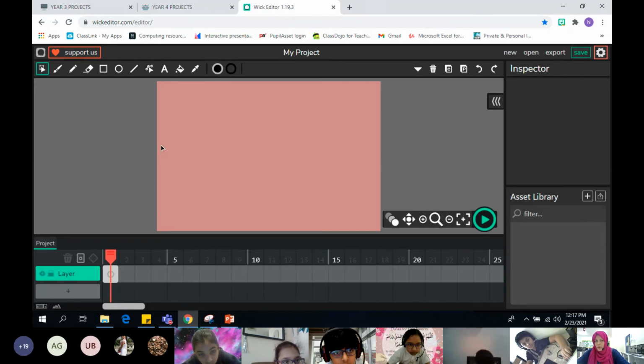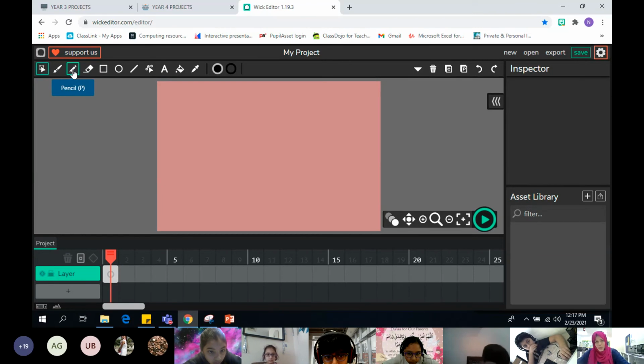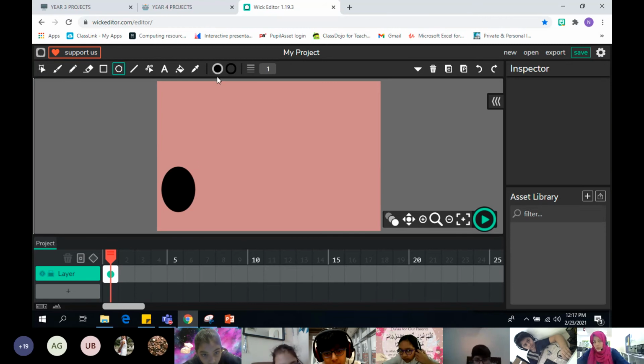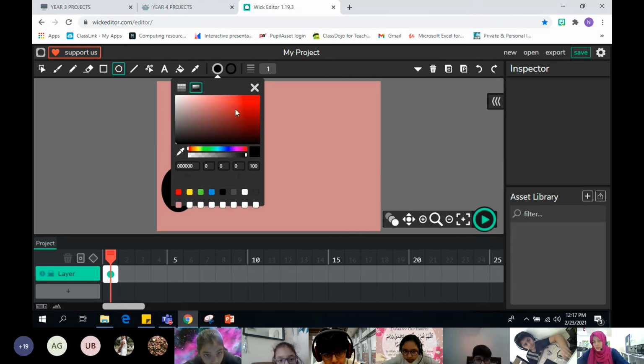Done. Now, we are going to use the shapes. You can see we have the palette on your top, the toolbar is there, brush is there, pencil is there. You can use the pencil to make that stick man even. And then eraser, and these are the shapes. Today we are going to use those shapes. I'm taking circle, and then I'm going to draw it on my screen. As you can see, it's black in color. I want to change the color. You just click here, take any color you want. I'll take red, any color, and then say okay.